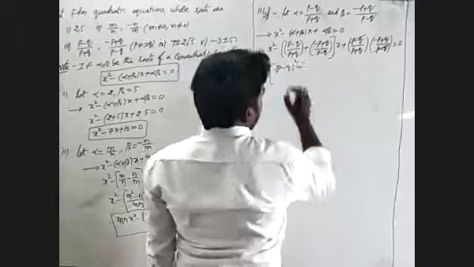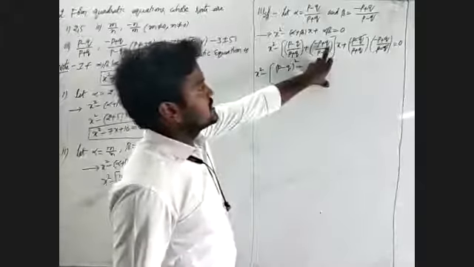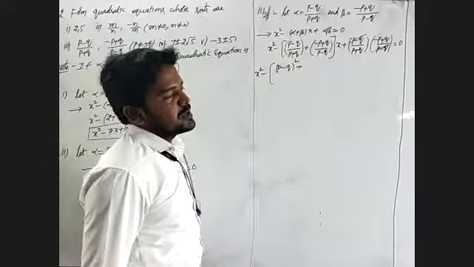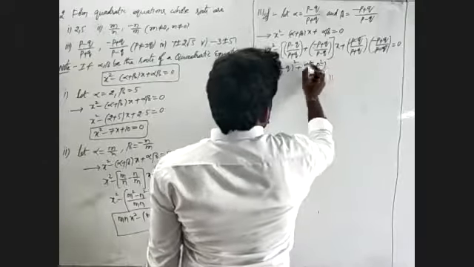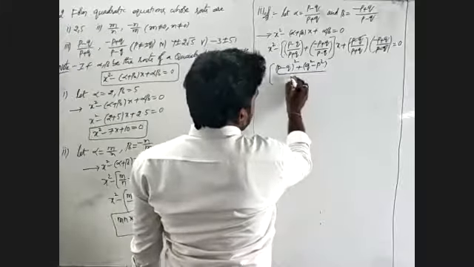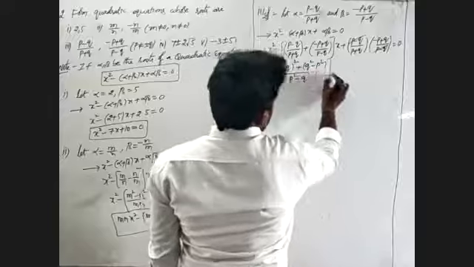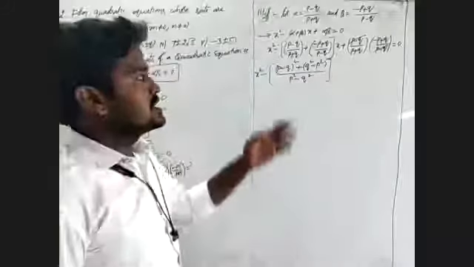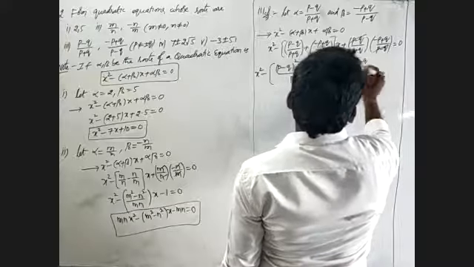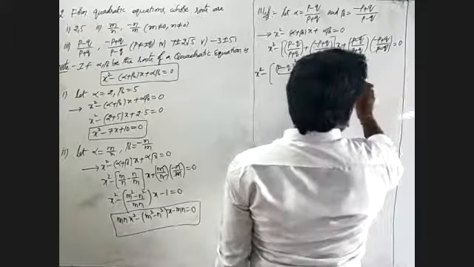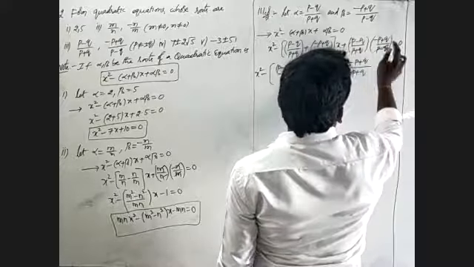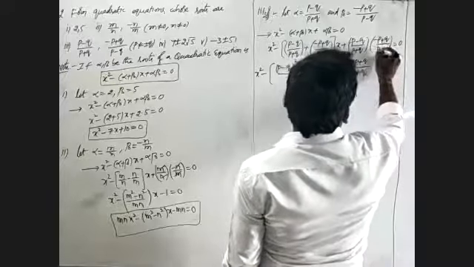Square plus, we observe the given one: q minus p into q plus p. Finally we write (q square minus p square) by the denominator, p plus q into p minus q, which is p square minus q square. Again we write plus minus (p plus q) by the denominator p plus q. There is no cancellation of this one. This is p minus q, this is also p minus q.